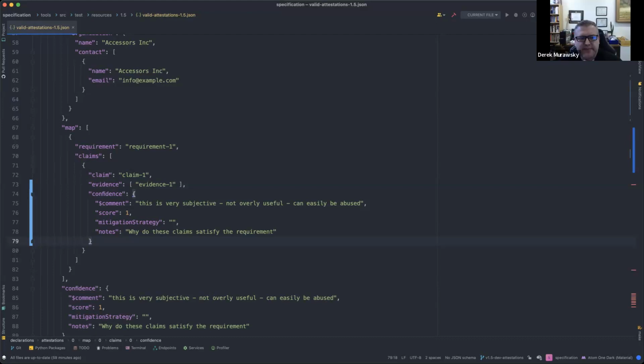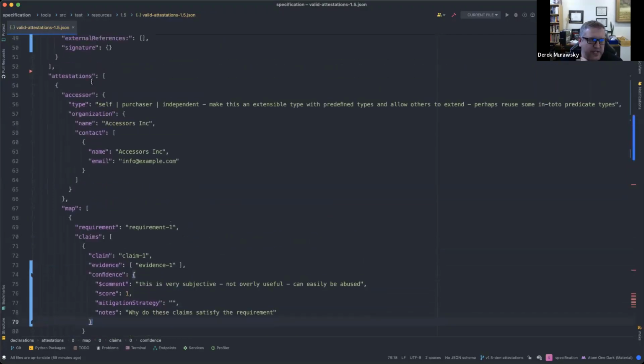Because otherwise what's going to happen is people are going to need to have... can you scroll up a little bit? Where are we in here? The attestation? So we're going to have like a dozen attestation objects per standard here, right? But if we allowed for each of the claims within this map to be individually signed or individually commented on or mitigated, we really only need the one attestation as a whole.